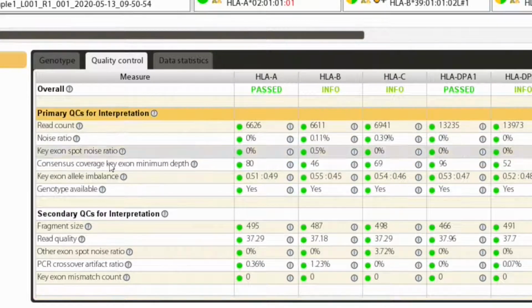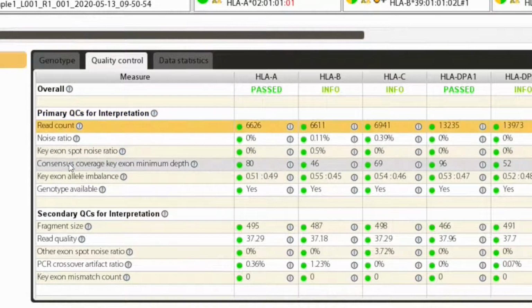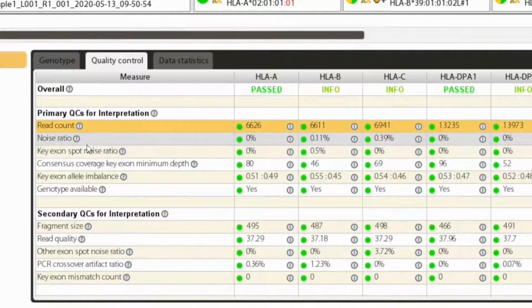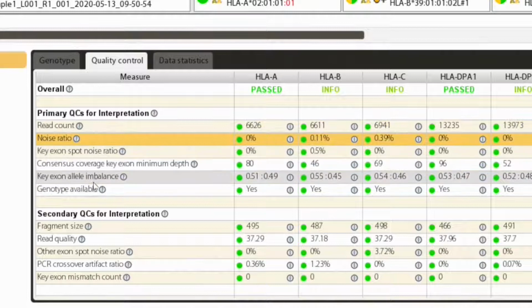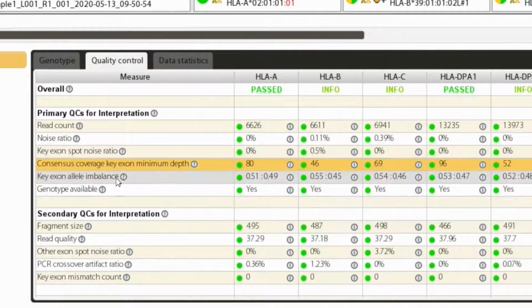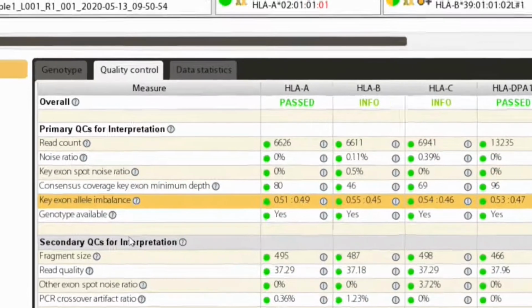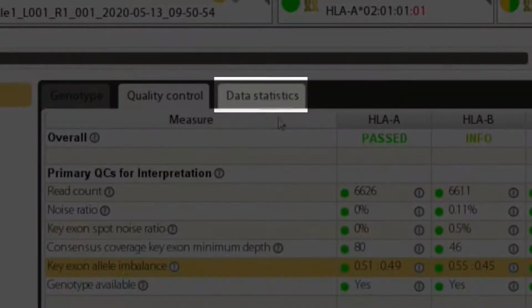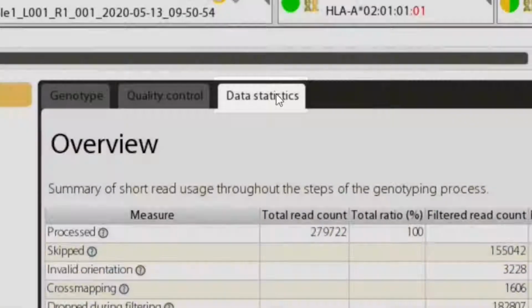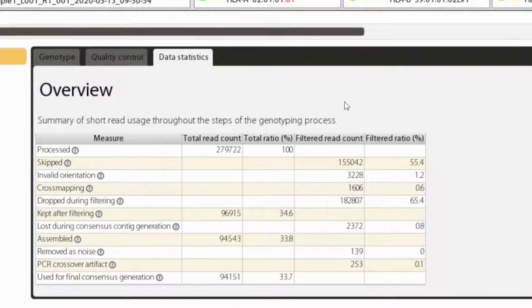Primary QC metrics are the most important ones because they describe the basic quality of your data, like number of reads, background noise, locus coverage, or allelic imbalance on key exons. The last tab, Data Statistics, contains a lot more information which may be used during a thorough investigation of failed QC metrics. You will not need to enter this tab often, but it is good to know what can be